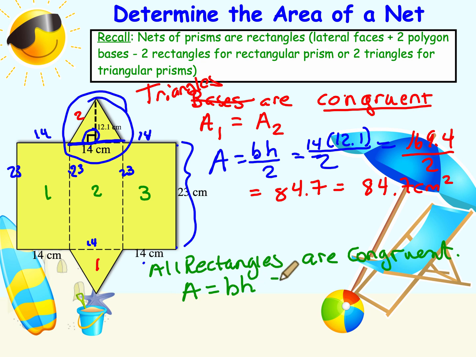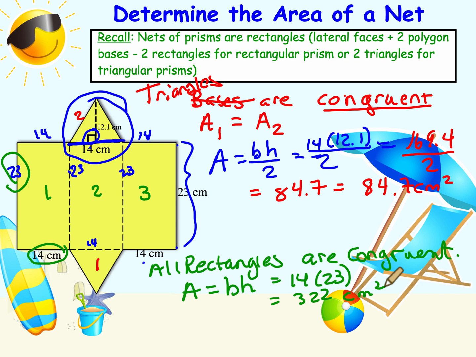So the base of my rectangle will be 14 and my height would be 23. So I have 14 times 23, and 14 times 23 is 322. And my units would be centimeters squared. Okay, now I'm not done because